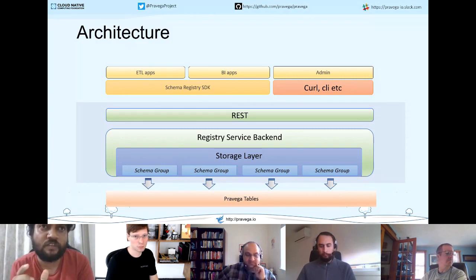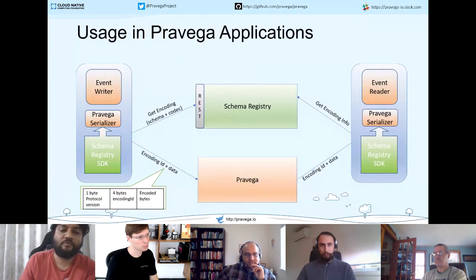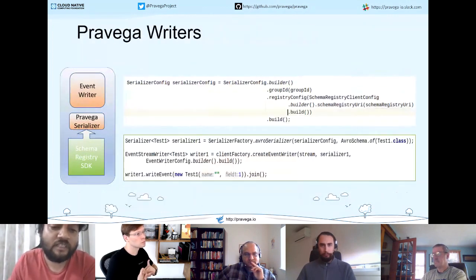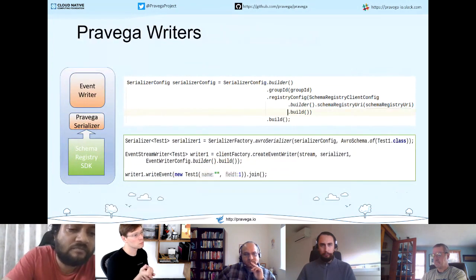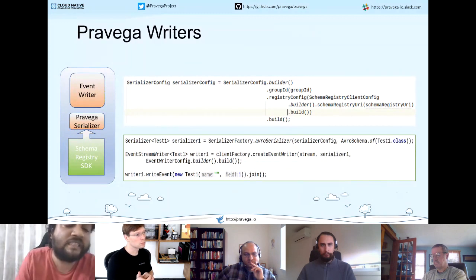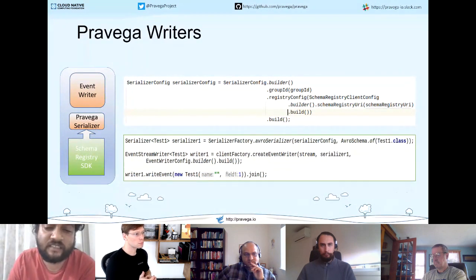So the way you plug in schema registry there is Pravega applications provide a serializer interface, and schema registry provides an implementation of this serializer interface.